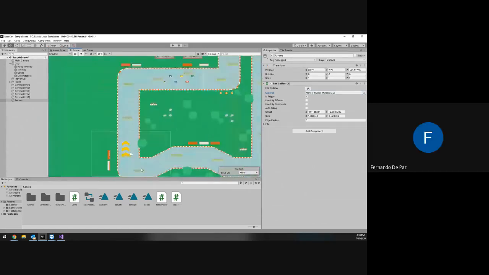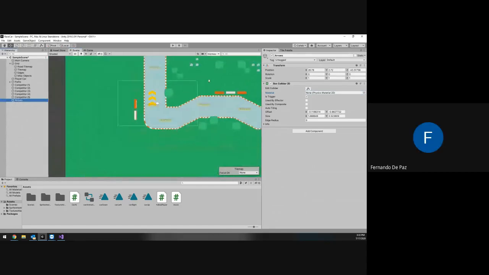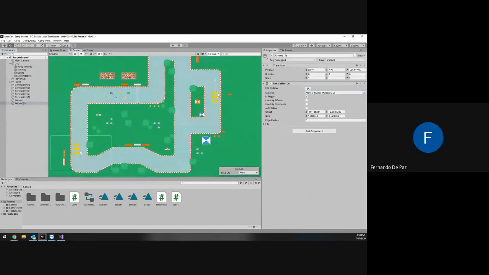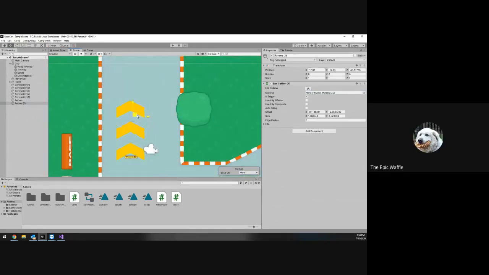Yeah. Can I just Control D it? You can. Yeah. The box collider, I mean. The box. Yeah, because it's just its own little thing. I'm trying to click on one of the chevrons so I could put a box collider on it, but